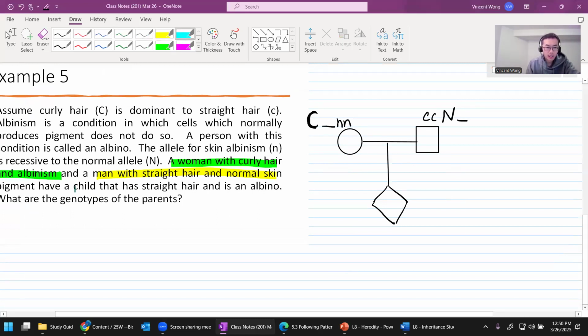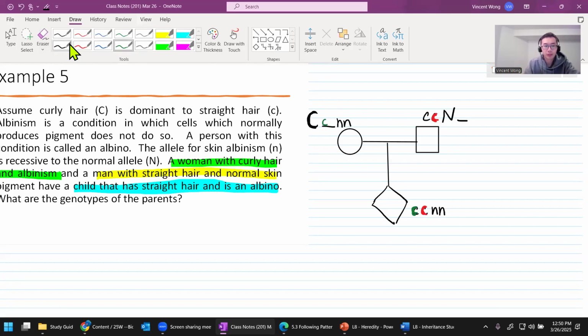Okay, what about the child? The child has straight hair. Straight hair is little c, and he's an albino, which means little n, little n. So that's all we know. Now we ask ourselves, where did the child get the little c from? Well, one of the little c's is from the father for sure, which means the other one has to come from the mother. So now we know the mother is